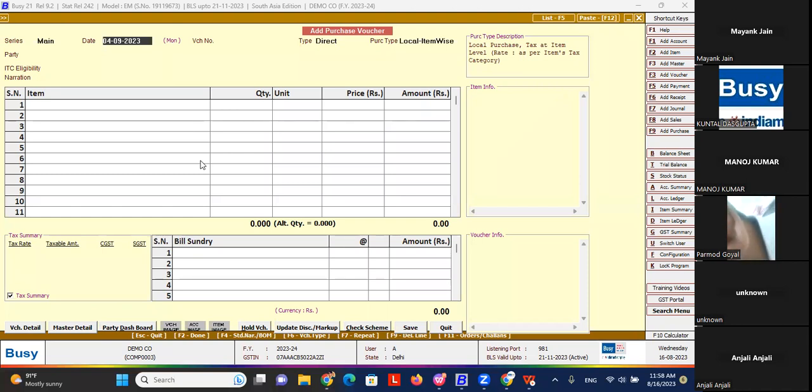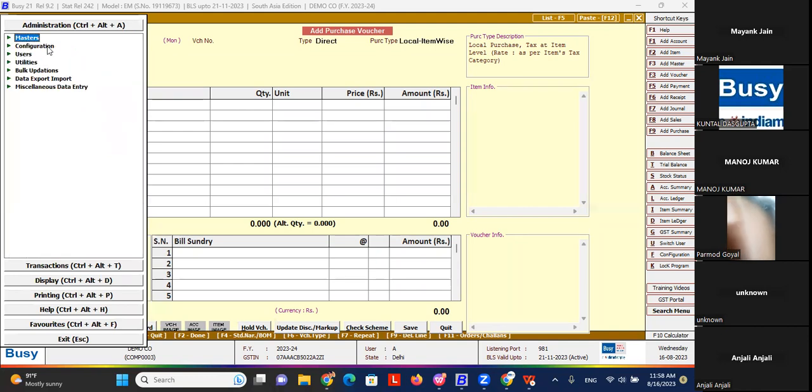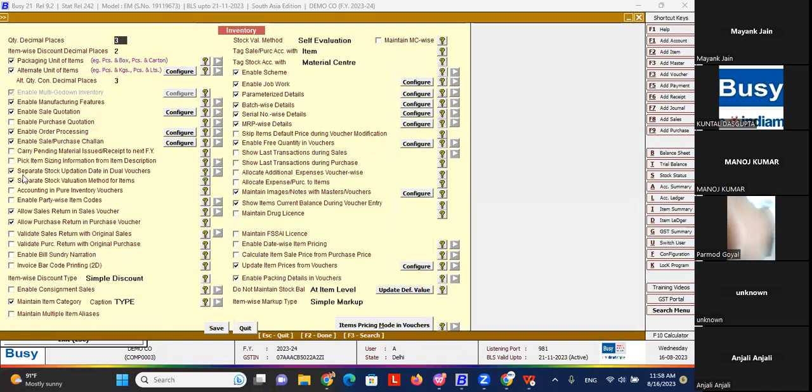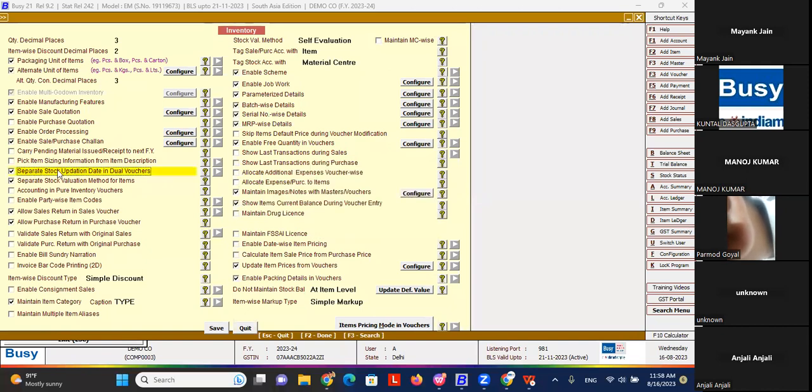But if I enable this option called separate stock updation date, from administration, configurations, features and options, inventory, this separate stock updation date, this one. Okay, if you select this option and save it,